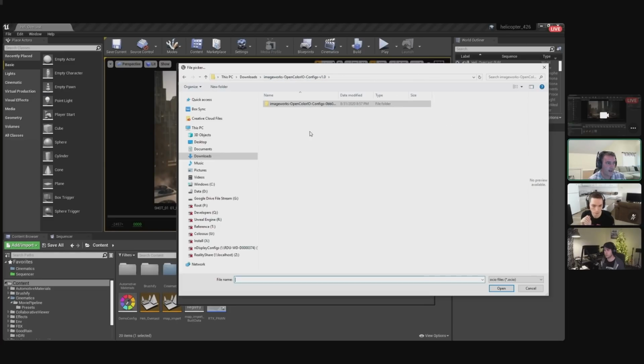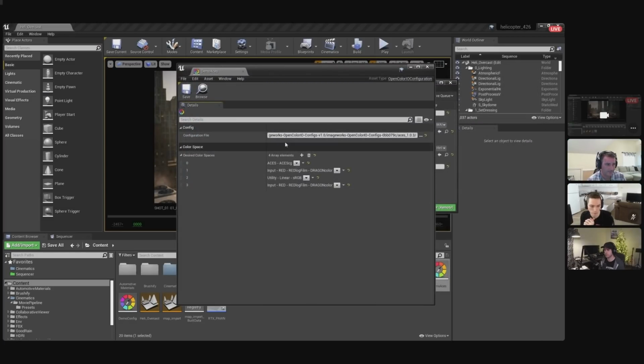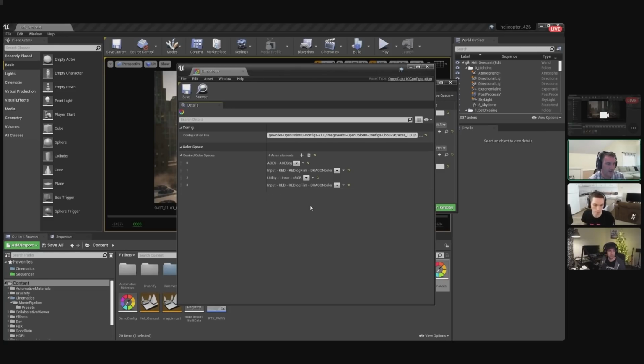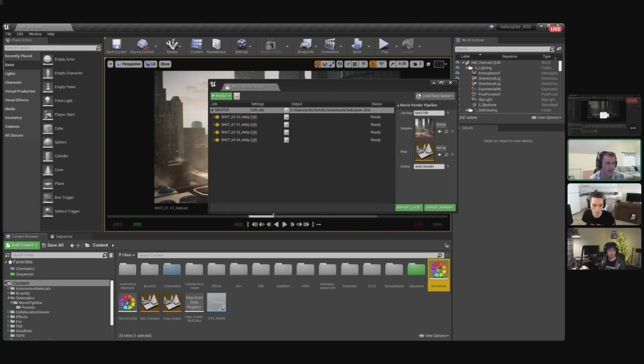So if I go all the way back out and I go in, you'll see that there's several versions of ACES, but ACES 1.3 here I'll select, and you want to select the OCIO config and click OK. And then in here, I can select a bunch of color spaces that I want to use. So when I hit the plus button, I can go ahead and specify those color spaces. I've already added a few of them, like ACES CG, for example. And then I'm just going to delete this one out because I'm not using it. I'll save and close this asset.